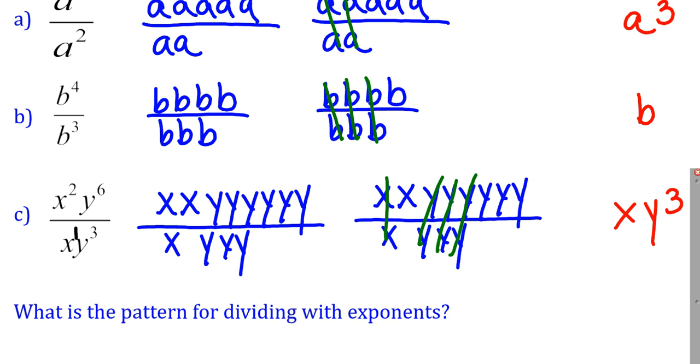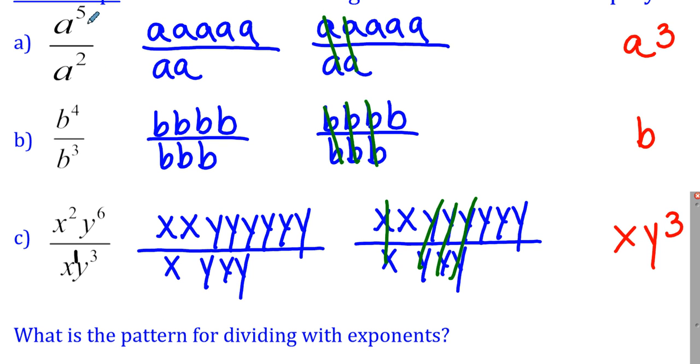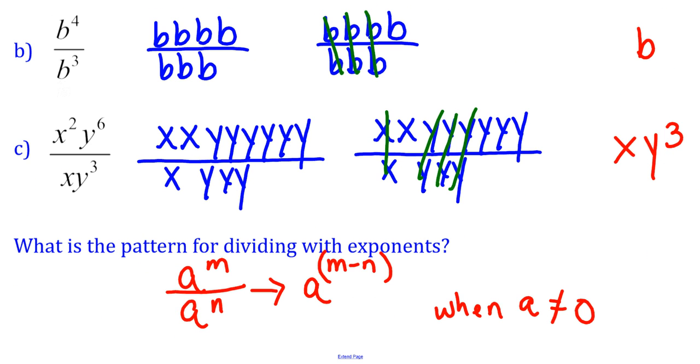So, did you notice a pattern when we were dividing with our exponents? When we're dividing, we're looking for the greatest common factors. And so, when we're dividing, notice what happened. We had a to the fifth over a to the second. We ended up with a to the third. B to the fourth divided by b to the third ended up being b. X to the second, y to the sixth divided by x, y to the third ended up being x, y to the third. The pattern is by dividing out those greatest common factors, you were in fact subtracting the exponents